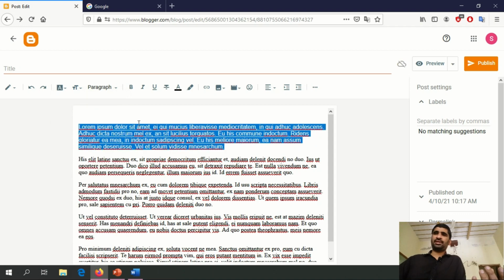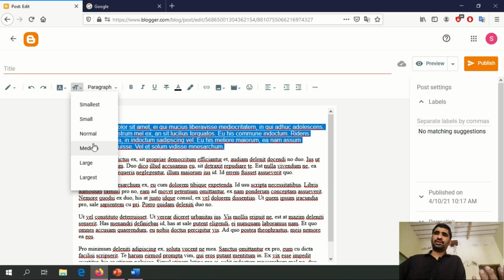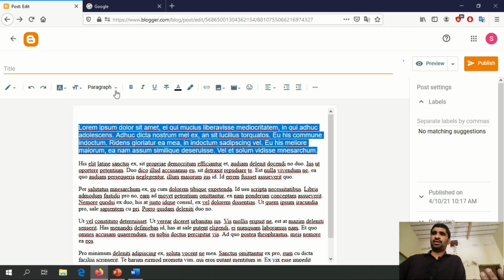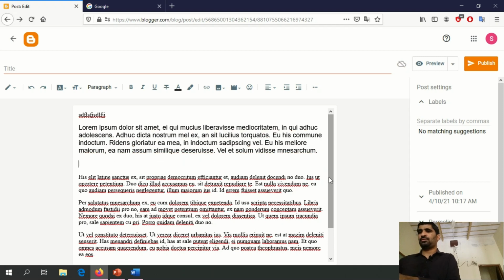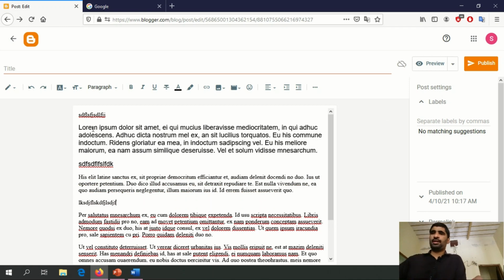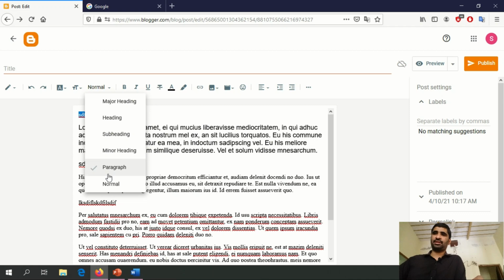So okay, we are adding Arial here, and this is the font size. I'll say medium, for instance. Now, for instance, I want to add some headings. I'm typing anything here, and this shows the headings.